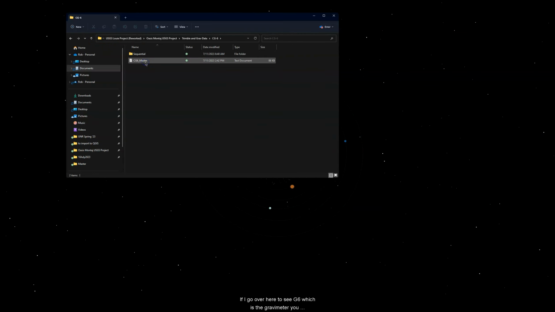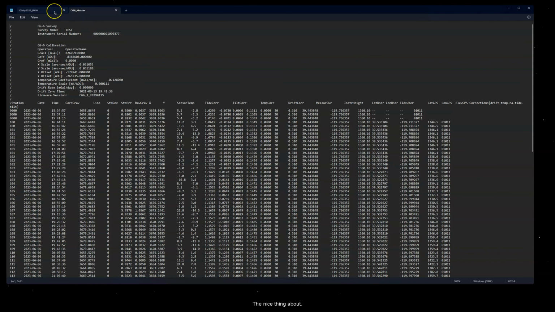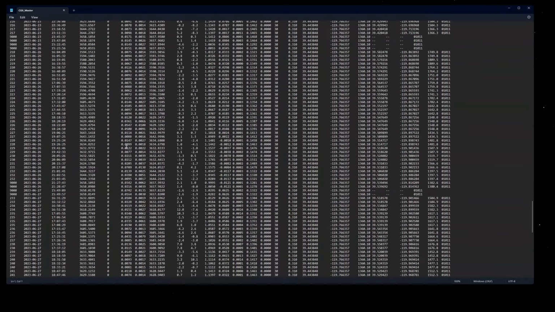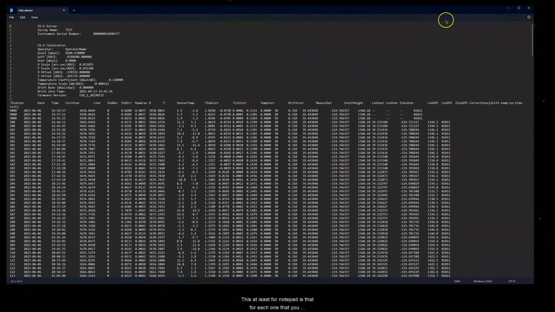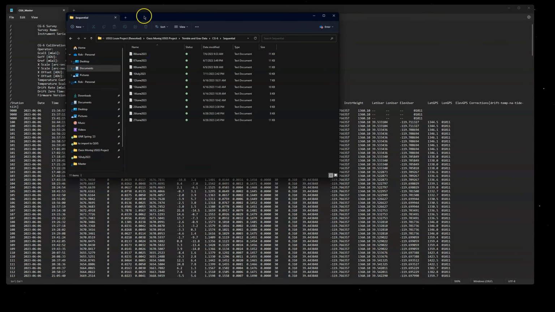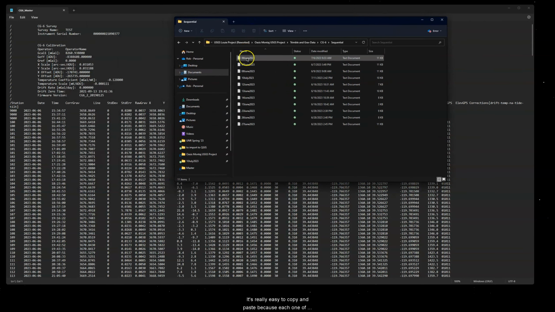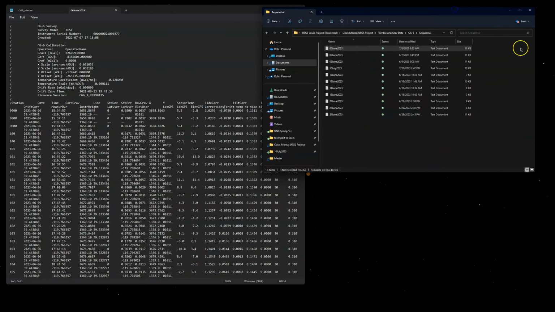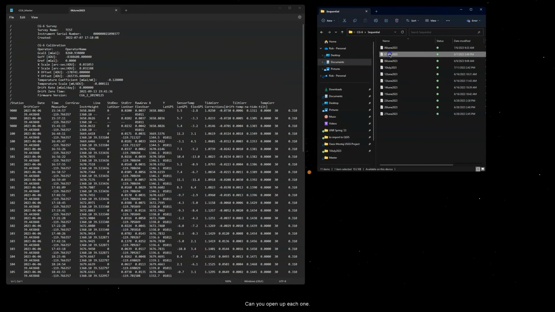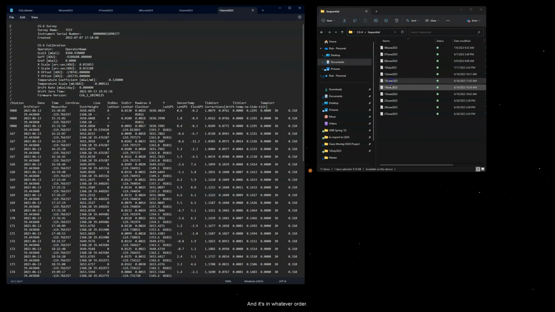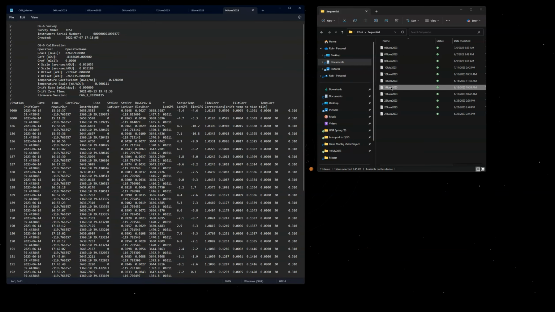So if I go over here to CG6, which is the gravimeter, you can see I have a master sheet right here. The nice thing about this, at least for Notepad, is that for each one that you open up, so if I go back to my documents here, it's really easy to copy and paste, because each one of these will open up a new tab here. So you just work your way down and each one's going to open up. And you open up each one and it's in whatever order, and just make sure you do open them quick